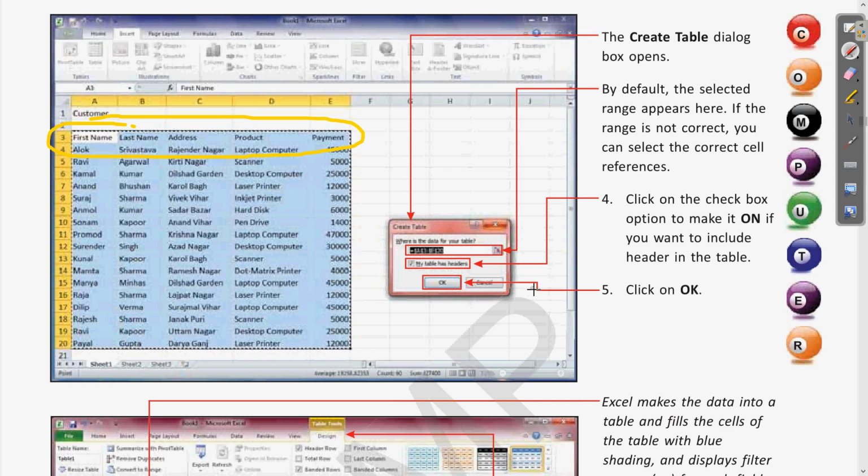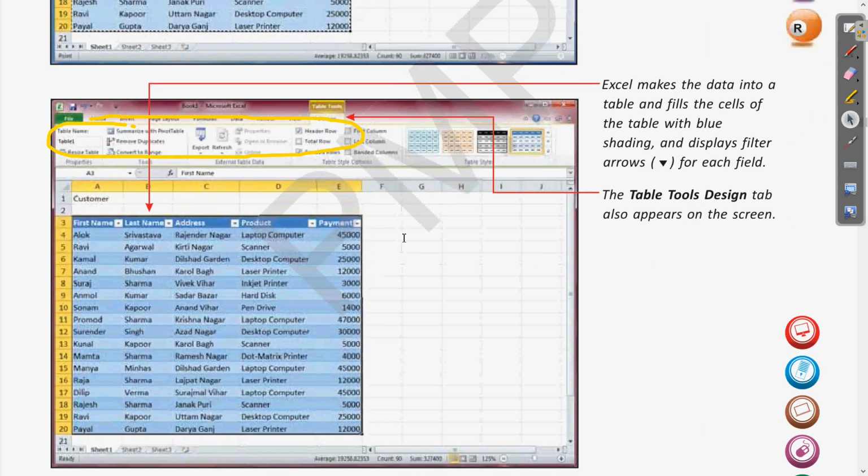When you click on the OK button, in the next window you will see that each of these column headers is now displayed with filter arrows. Clear? Here you can see this downward arrow, with a triangular shape. The first row is now treated as a header.